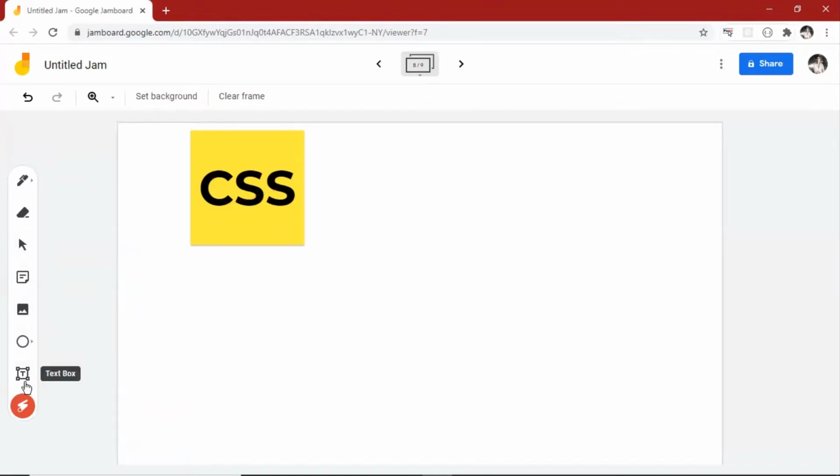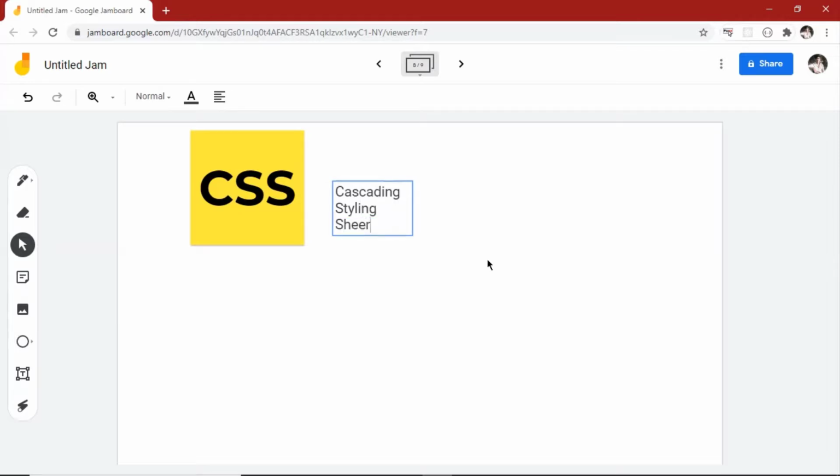So CSS, right? So what is CSS? First of all, the full form is Cascading Styling Sheet. So think of what I told you earlier, that HTML is just the skeleton, right?